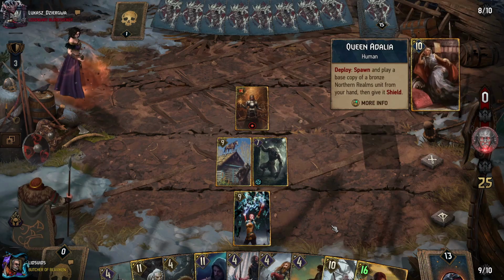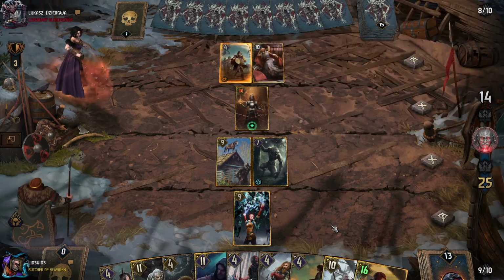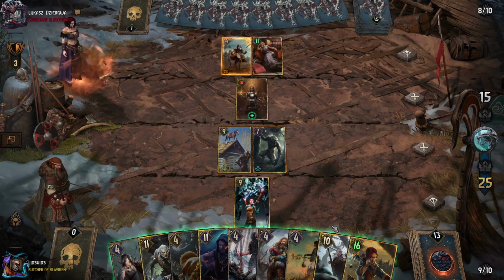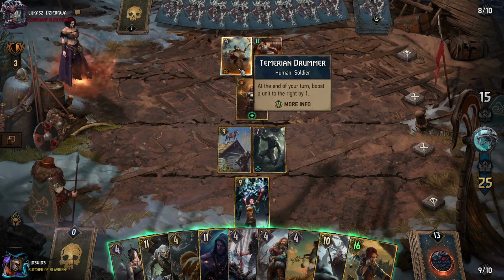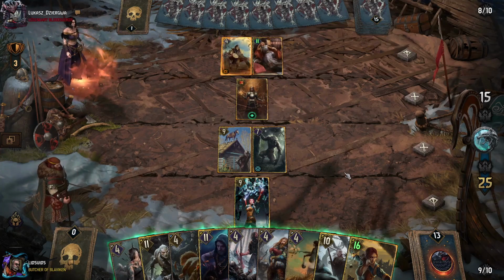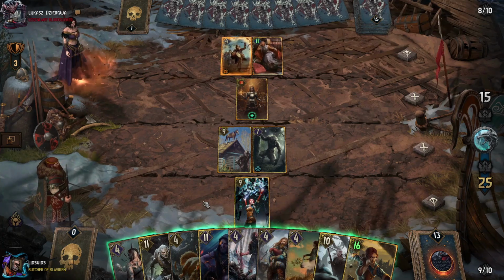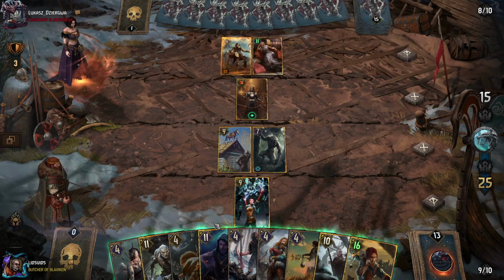Okay, and it's Queen Adalia. That's a 10. Into a Temerian Drummer. Just a little bit surprising, but, I mean, again, if their idea is they're trying to do Grace stuff, then that might be with the intention of boosting up some of those knights to get to that Grace number. But if we are going to use Lippy, which we are definitely going to try to do in round 2, then we want to play super aggressively here in round 1 so that we recycle all of our best cards going into round 3. So we should...